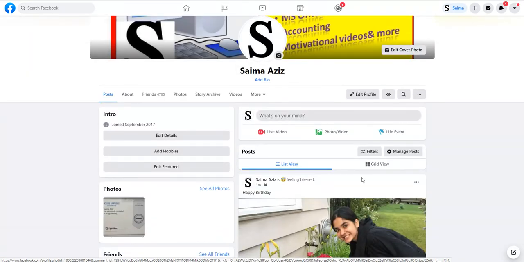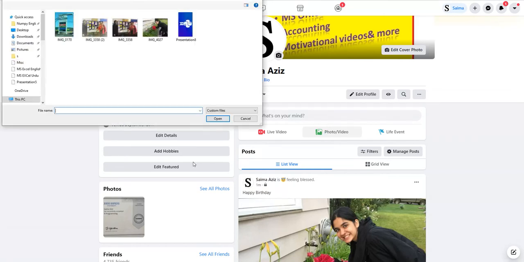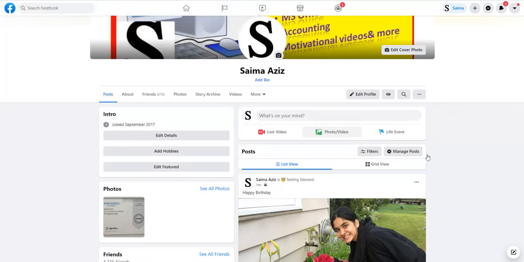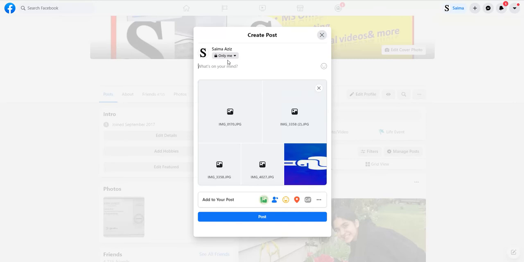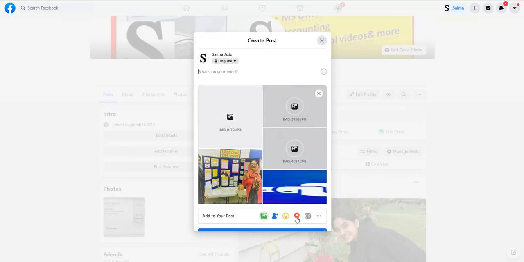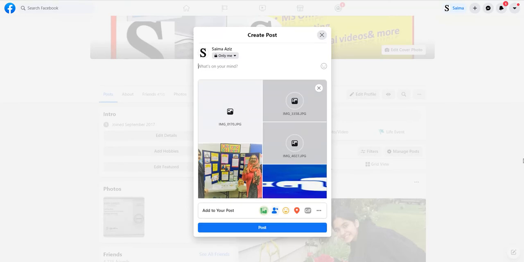Now if you want to upload all the photos together, same thing, go to the photos. In this way you can create your album in one shot. Suppose all these pictures, then press and hold the control key on your keyboard, and one by one select all these pictures and open it. So in one shot you will see your album is ready. And again the same thing, you want to show this album to your public, you want to tag, write something, give a check in, or feelings, whatever you can do. It will take some time, and then when everything is done, you have to press this post button.